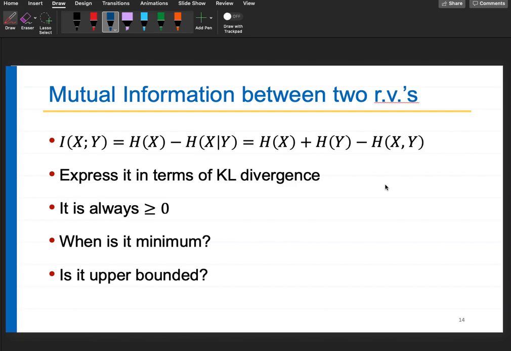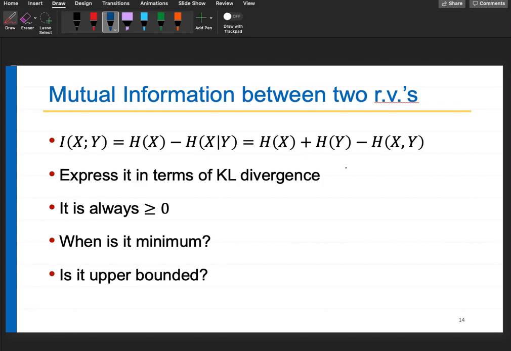So I use something called mutual information. Mutual information between two random variables is H of x minus H of x given y, and we can express it in terms of KL divergence. That is a simple manipulation. You already know the formulation of that. Okay, H of x comma y minus H of x is KL divergence. So you can say,